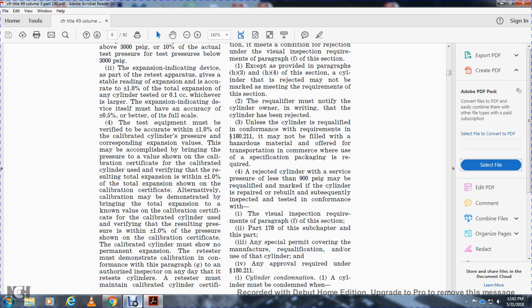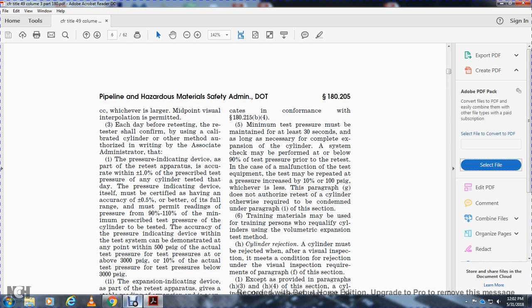Alternate calibration must be demonstrated to bring in the total expansion known with the value of the calibration certificate of the calibrated cylinder to verify the resulting of the pressure for the plus or minus 1% of the pressure shown with the calibration certificate. The calibrated cylinder must show that no permanent expansion of the retester must determine the calibration and the conformance of paragraph G that any other authorized inspector any day of the retest cylinder. Retest must be maintained. Calibrated cylinder certificate in conformance with the statute 182.15b4, for the minimum of the test